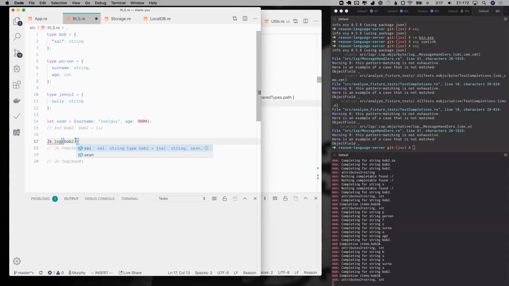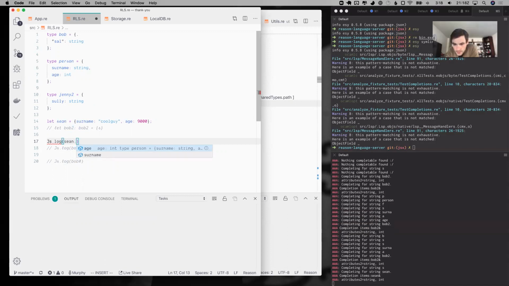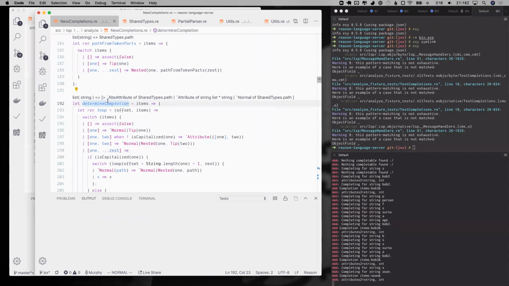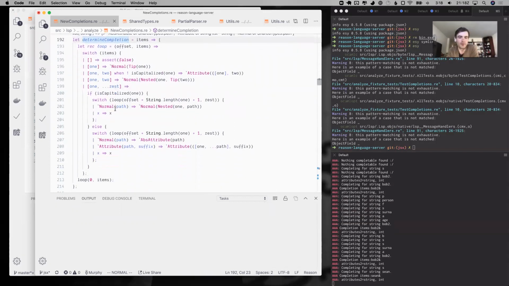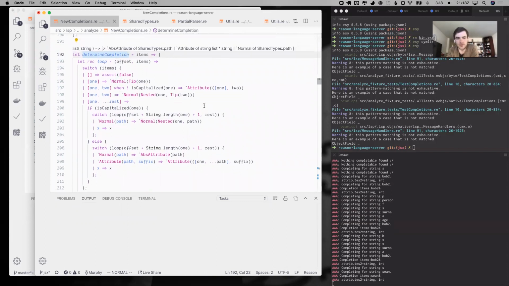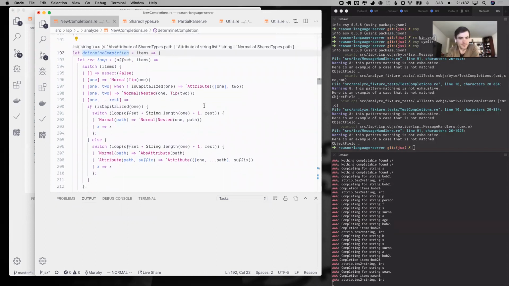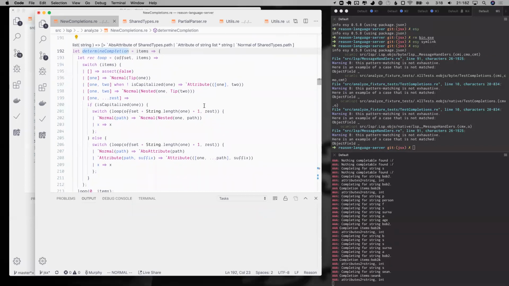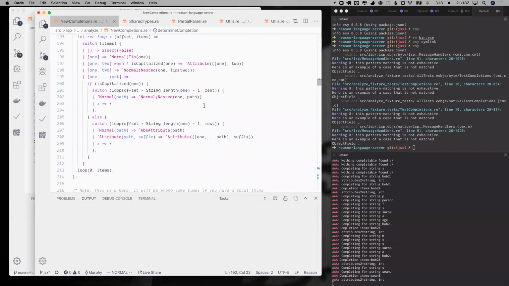Okay, good. So now we're completing for Sean, right? Yeah, and you can see that completion items, Sean. So it's only really trying to complete Sean. Okay, perfect. So it's able to go from the variable name to find its type, then to figure out what the attributes are. So it's doing a couple of hops here. Which is pretty amazing. The thing I'm concerned with is that I don't see an object or, I don't see